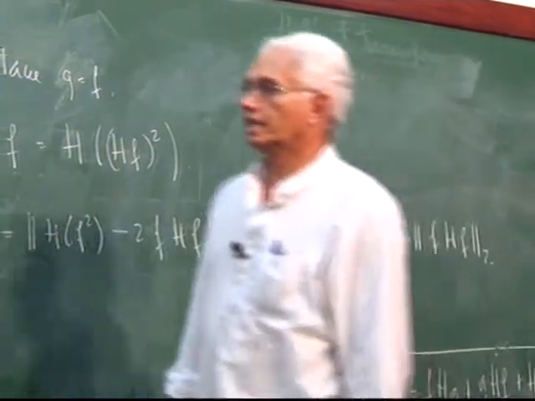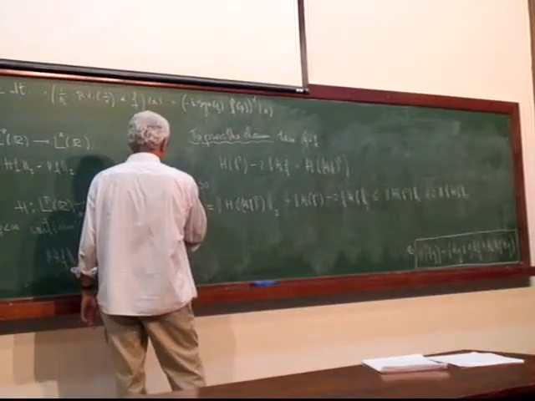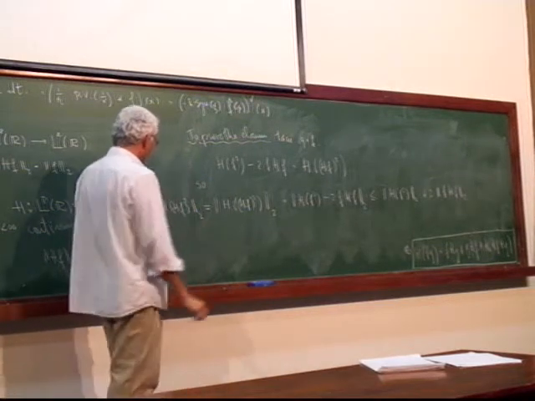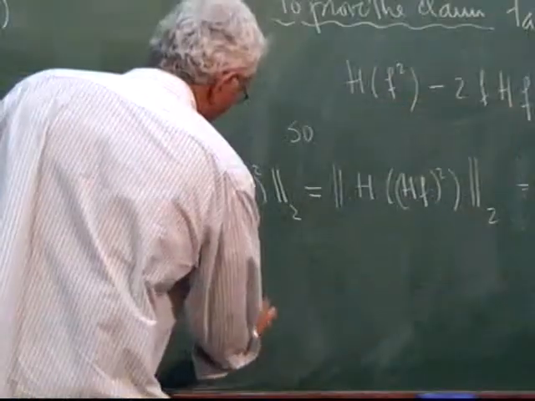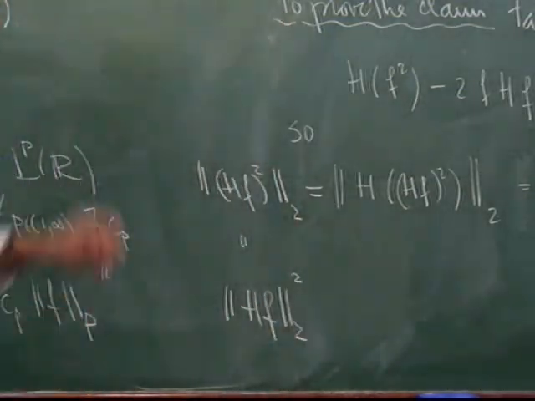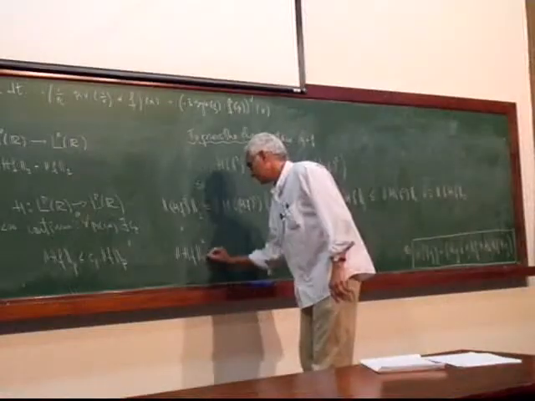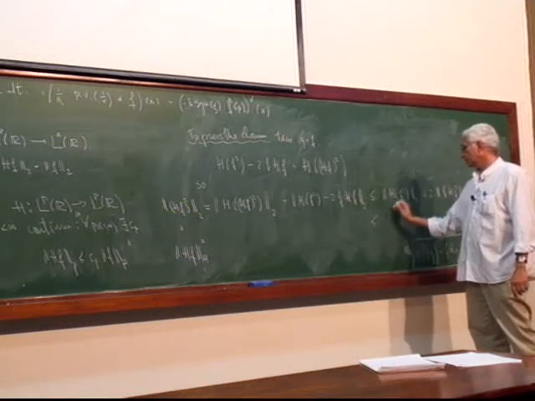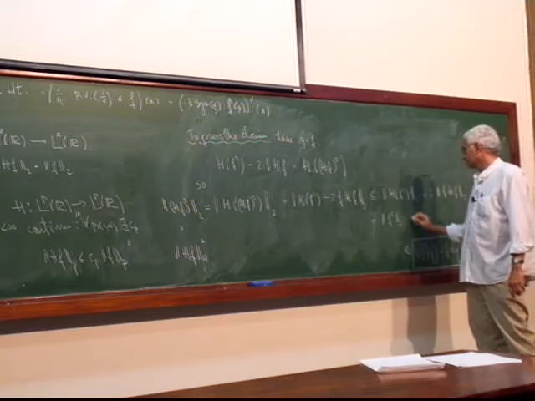Now you use that the Hilbert transform preserves the L2 norm. Therefore, this is equal to the L2 norm of f squared. But if you take the square of a function and compute the L2 norm, you are computing the L4 norm to the power 2. Right? L4. Thank you. Therefore, since you preserve the L2 norm here, this is equal to the L2 norm of f squared plus